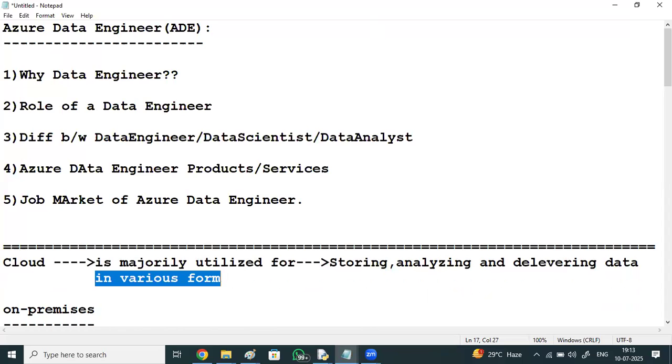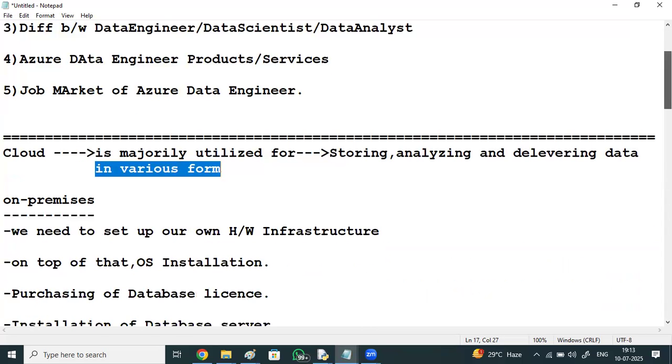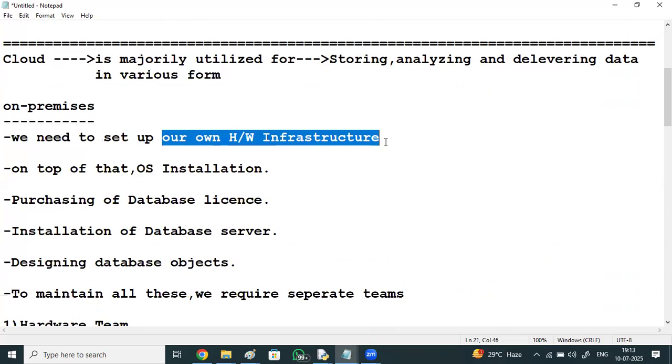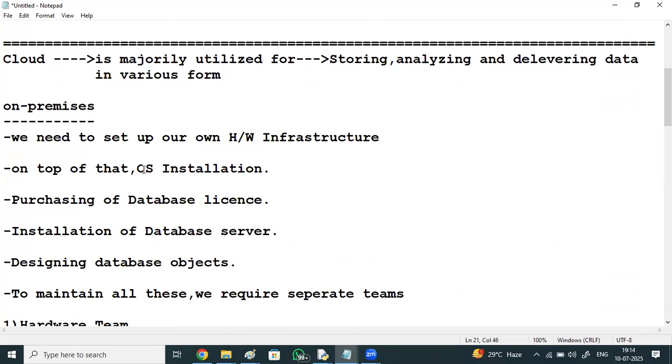For example, on-premises, you need to set up your own hardware infrastructure. On top of that, OS installation, purchasing of database license, installation of database server, designing database objects.